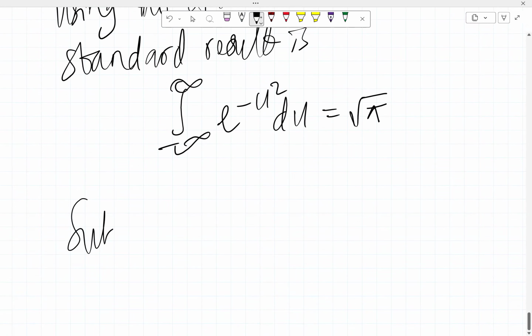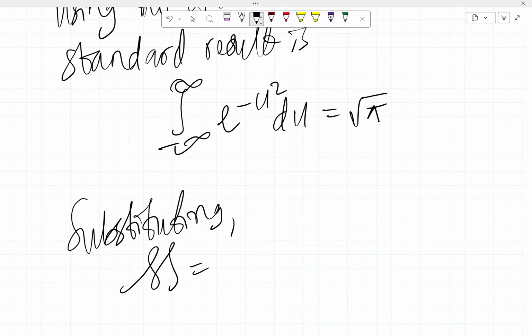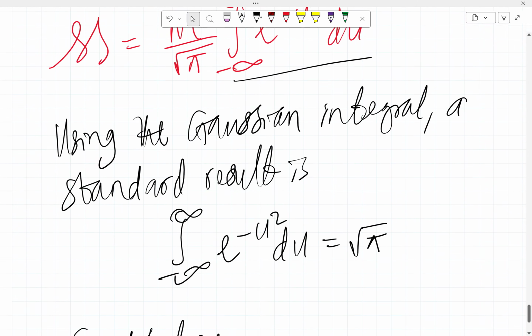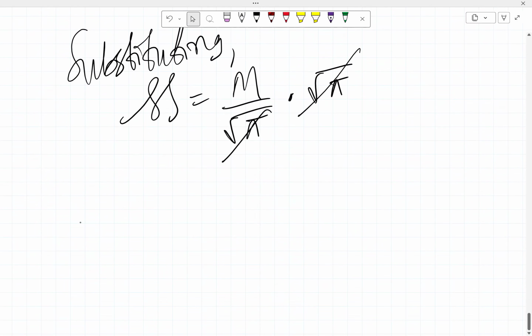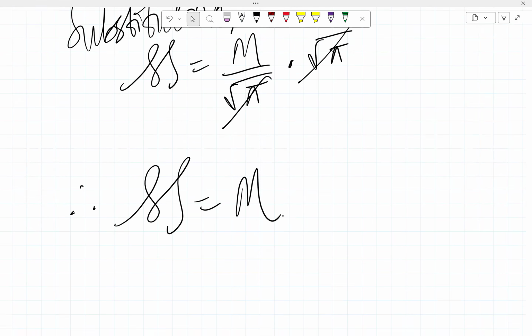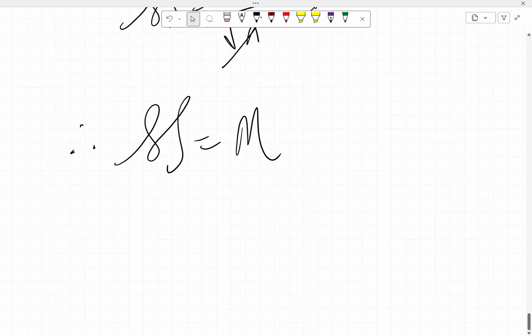So substituting, we have this m to be m over root pi times root pi for the whole integral here. So root pi just cancels out. Therefore, we have that this special m is equal to the regular m. So in conclusion,